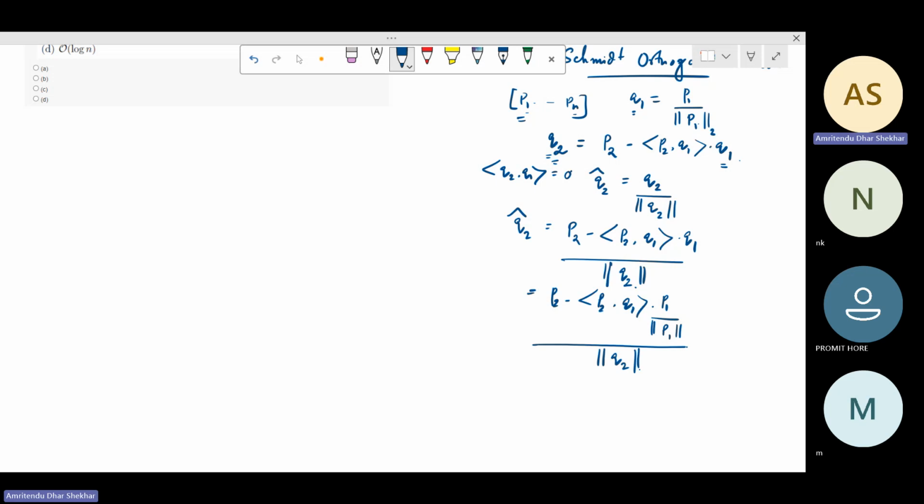So if you want to write this Q2 as a linear combination of P1 and P2, well, what is the appropriate linear combination? Well, the linear combination is this. If this is P1 and if this is P2, then the linear combination that you should put over here is